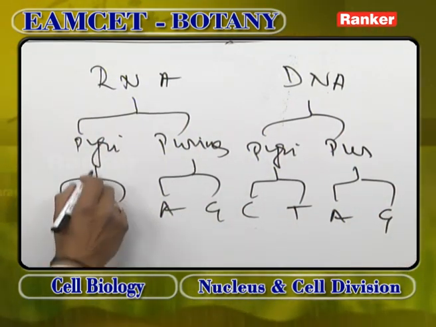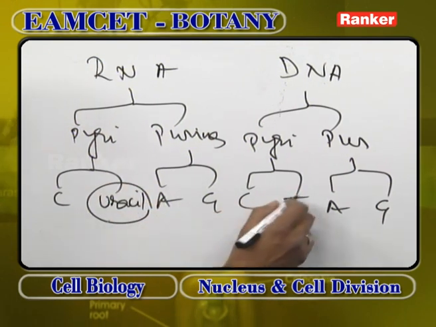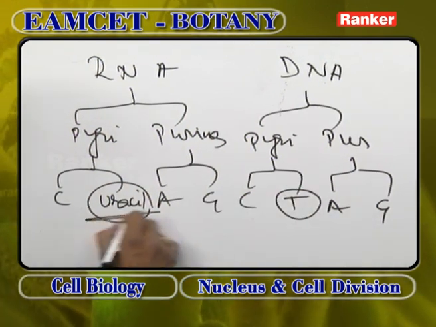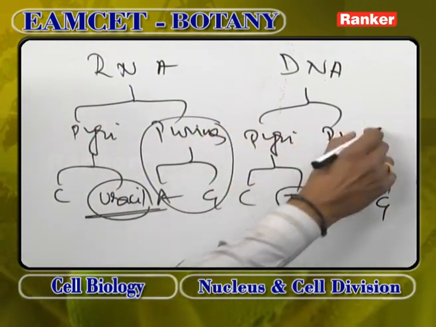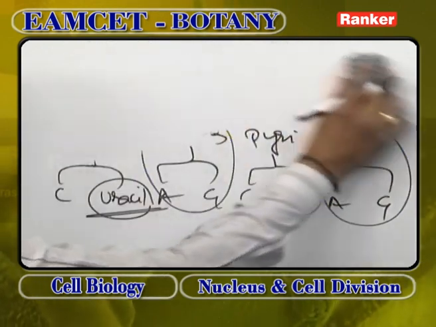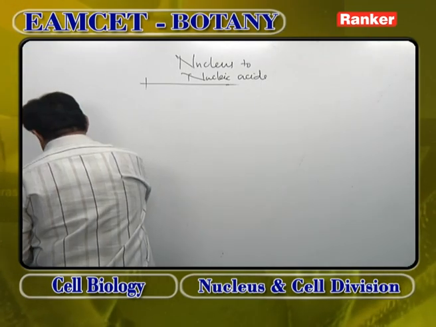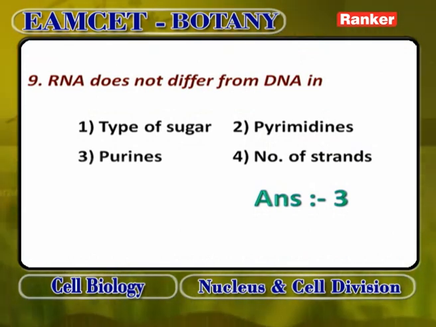But in RNA, pyrimidines are cytosine and uracil. That means the thymine in DNA is replaced by uracil in RNA. So, purines are same, adenine and guanine are same in DNA and RNA. When it comes to pyrimidines, there is a little bit difference, that is, in DNA thymine is present, in RNA